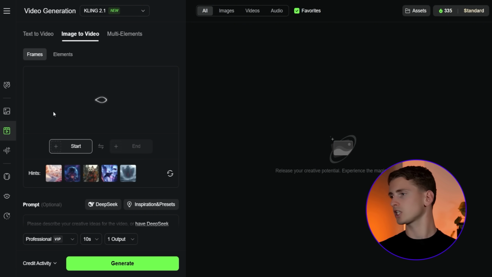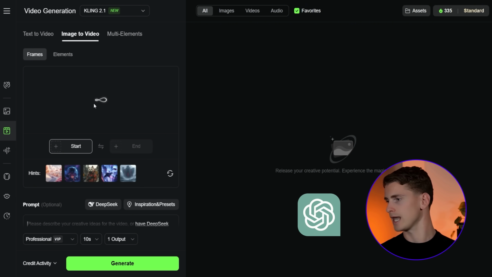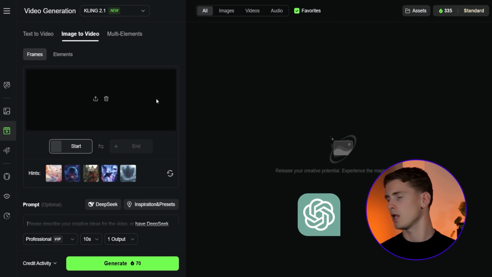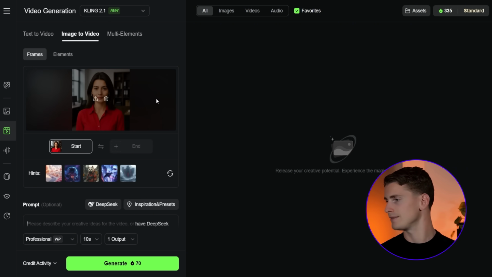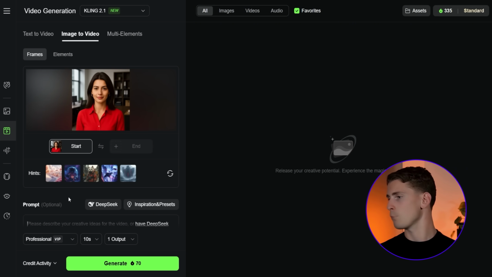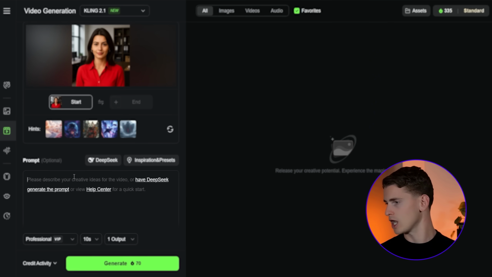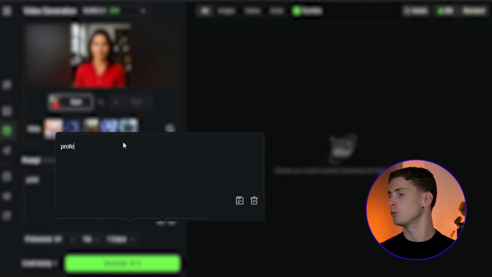to upload an image and generate a high quality video. I've generated my image with ChatGPT and I can now drag and drop it here. What I'll do to create the best outcome is that I use the same prompt that I use in ChatGPT, also within Kling. So in this case, professional women sitting calmly, direct eye contact with camera, slight smile, studio lighting,